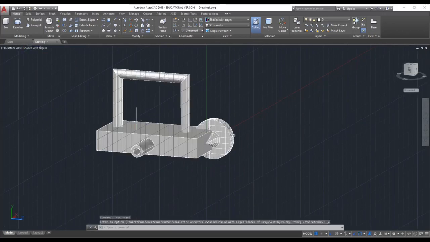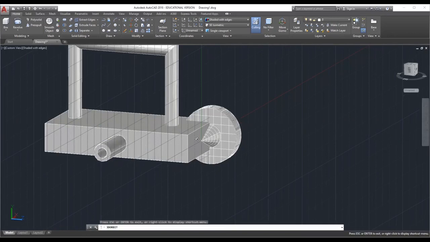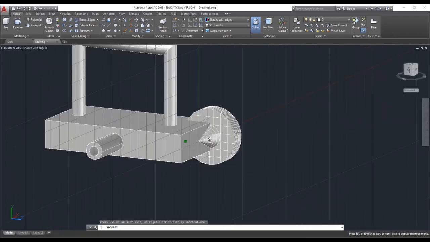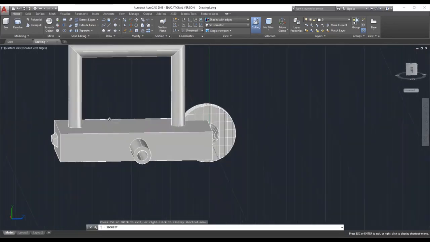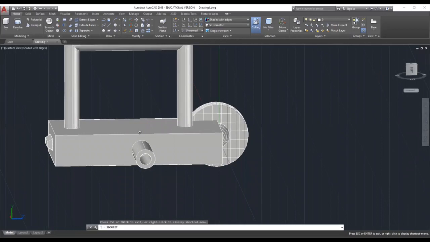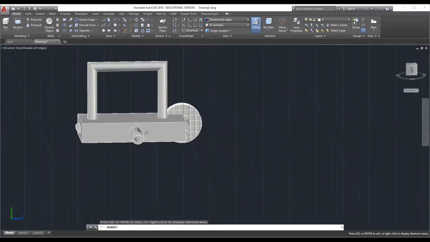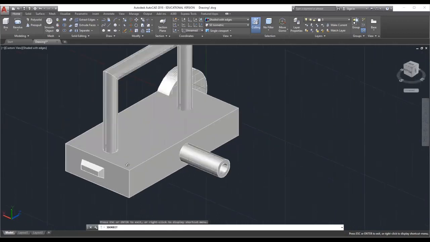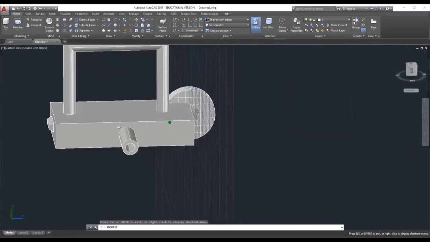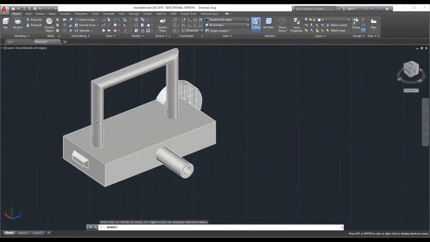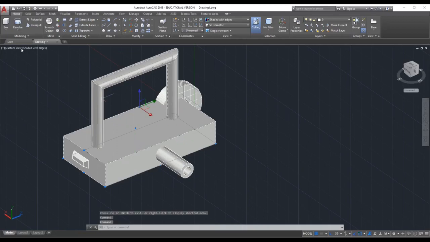Go to orbit. You have to create different phases. You have to create a 3D solid modeling in different phases. Now these two are different objects.